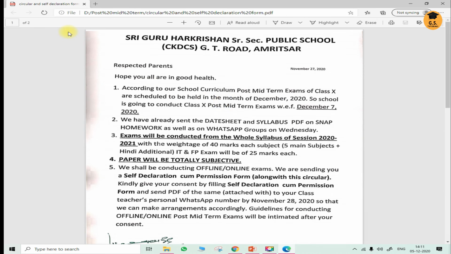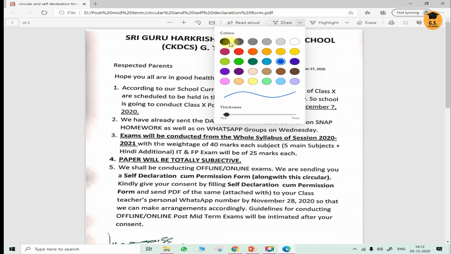Open this. Now when you open this, you have to open this in Microsoft Edge. Microsoft Edge is software where you can check the papers. Now here you will get certain options: draw, highlight, erase, print and save as. First of all, click here on the draw option. Click on the arrow of the draw option. When you click here, just select the pen,